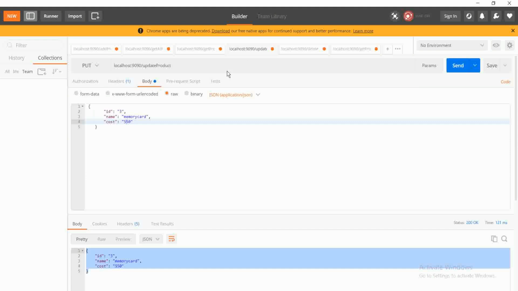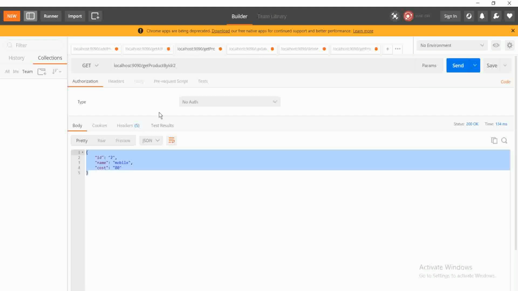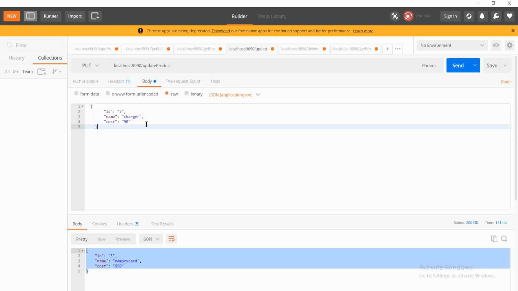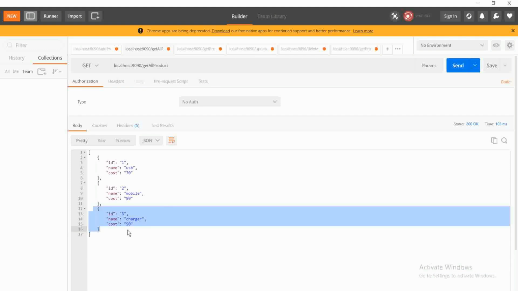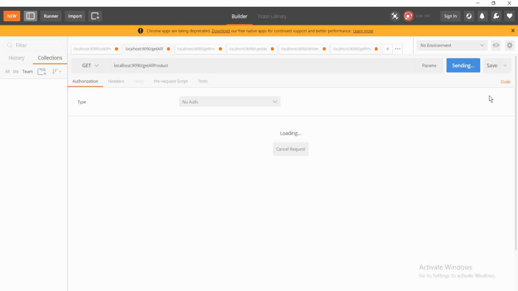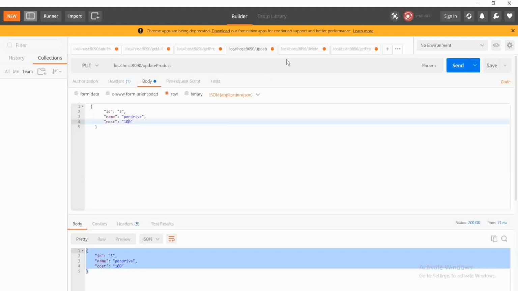The next API was the update product. So suppose from this I want to update this one, then I will copy this as it is into this update. Instead of charger, I will specify here, suppose pen drive, and the cost will be 100, and I will hit that API. So here we got the same response. Let's see if it's changed or not. So instead of charger, we have inserted pen drive. Let's see by calling this API if it's updated or not. So yeah, here we go. Right now the update is done.